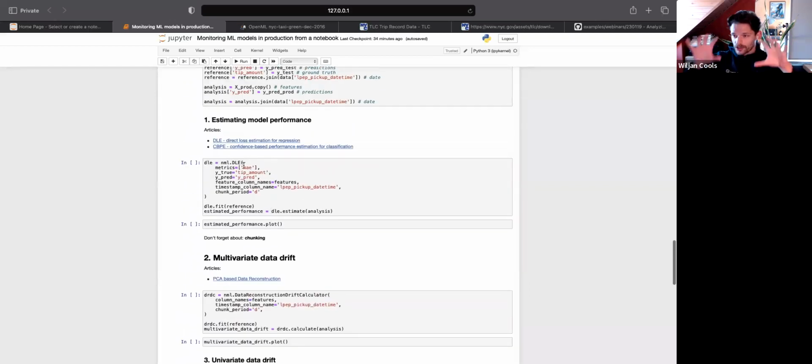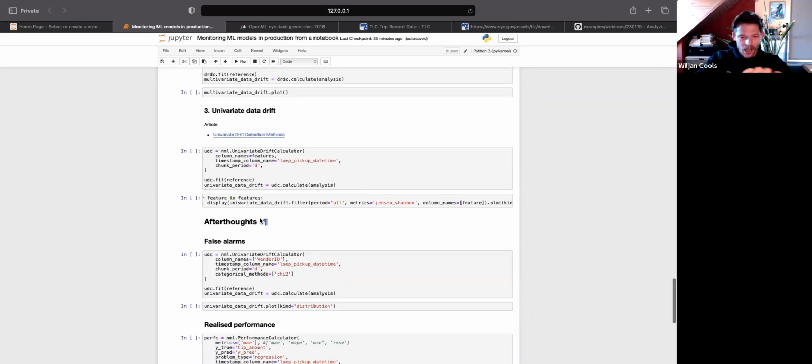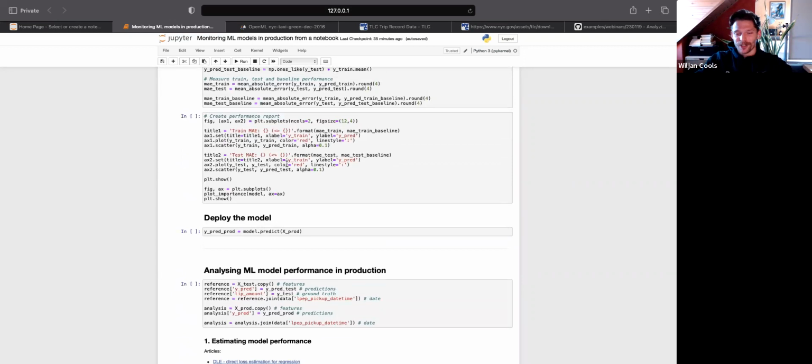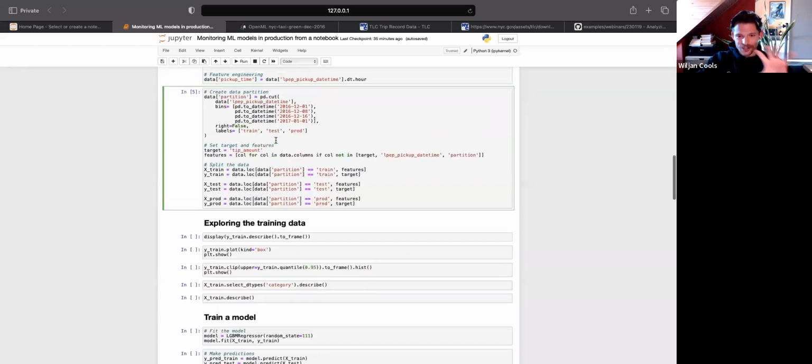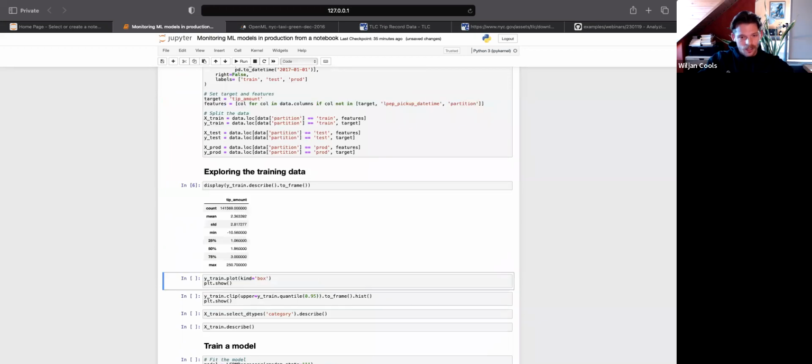And we always start obsessing with performance first, and then use the data drift detection mechanisms as a way to do root cause analysis and to find out what actually went wrong, in case something went wrong. And then there are some afterthoughts as well. This is going to take around 30 minutes, and then there's time for you to ask questions if things aren't clear. So to zoom back to exploring the data, just a few things that are important since we're